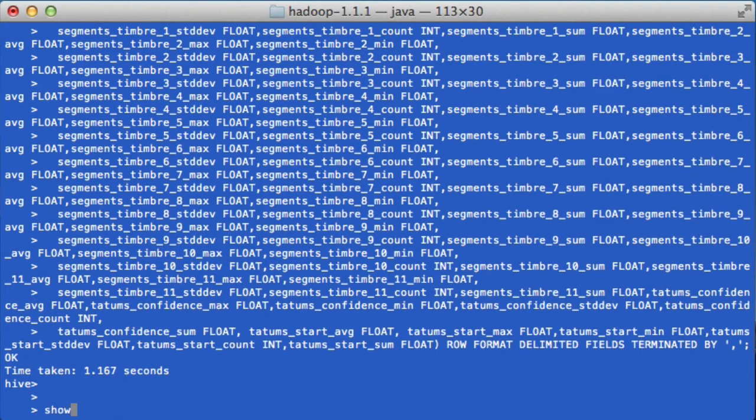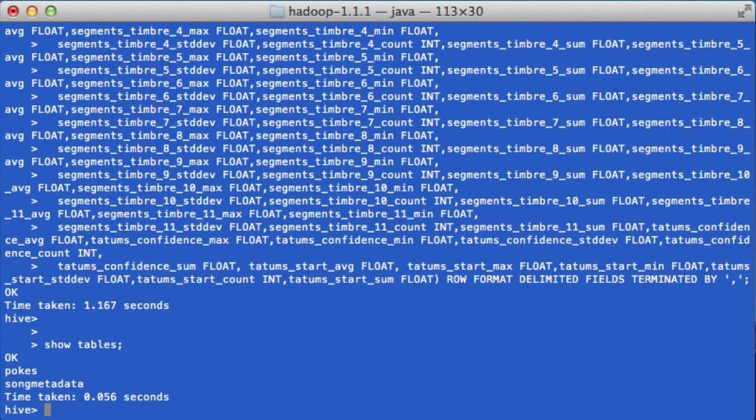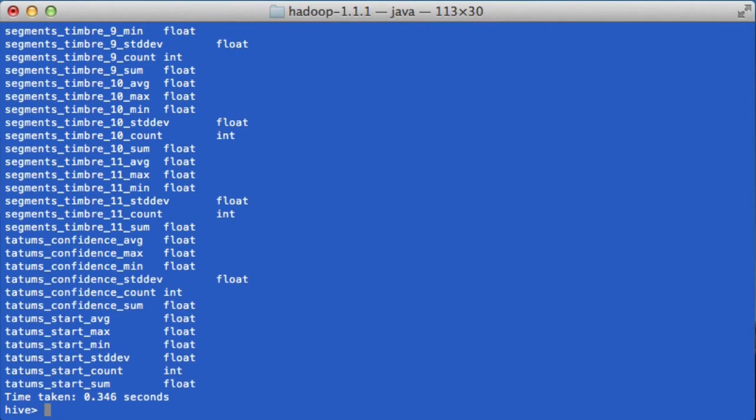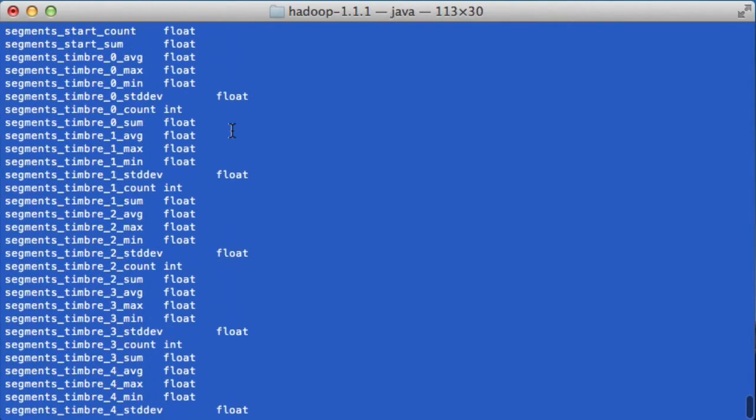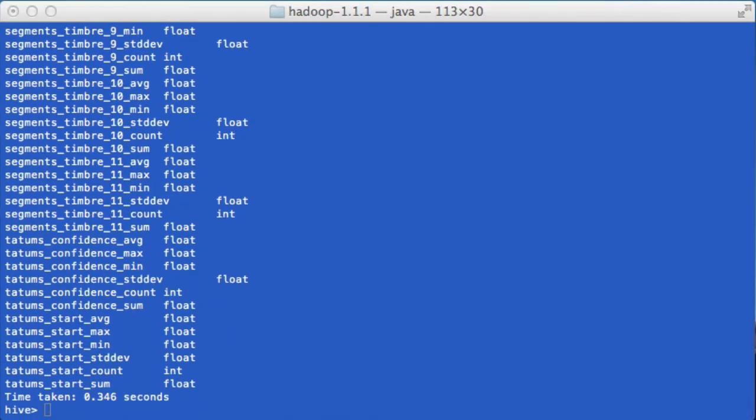Now we can say show tables again, and we can see we have pokes and song metadata in there. Describe song metadata, and there it is. It's a pretty big table with lots of information in it. And now the next step, of course, would be to try and load that